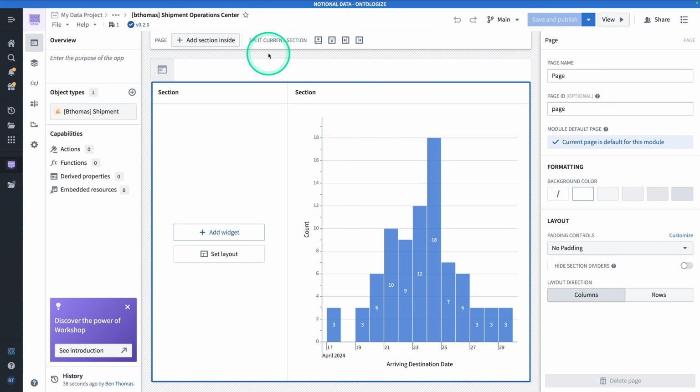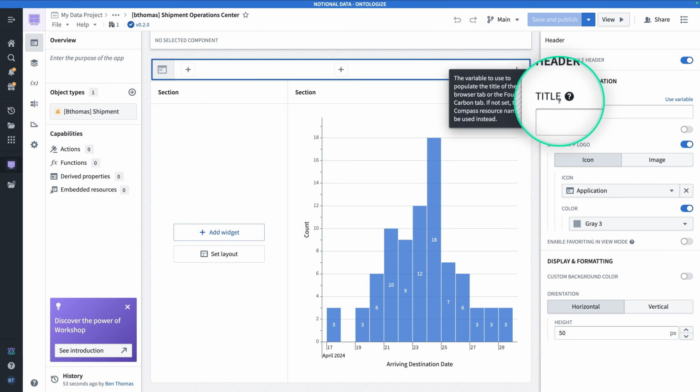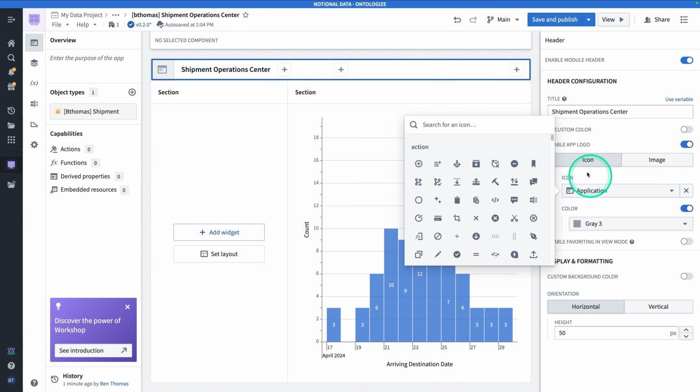Edit. And while we're up here at the top of the screen, let's add a module header title. Clicking into the header opens its configuration on the right, and we can add a title in the top field. Let's just call this our Shipment Operations Center. Shipment Operations Center. If you'd like to choose a different icon,